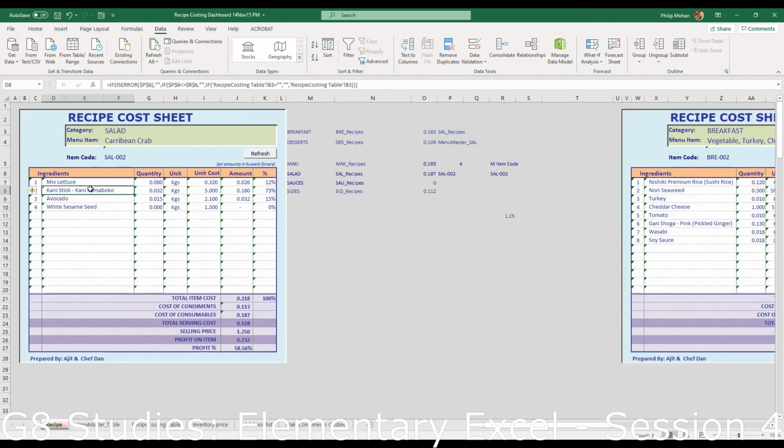Just Google it and see what we get. It's a name given. Yeah, there you go. Crab stick. Kani crab stick online. Okay. So they don't give you fresh crab. It says crab meat in a roll. I mean frozen. Frozen, we'll get them.